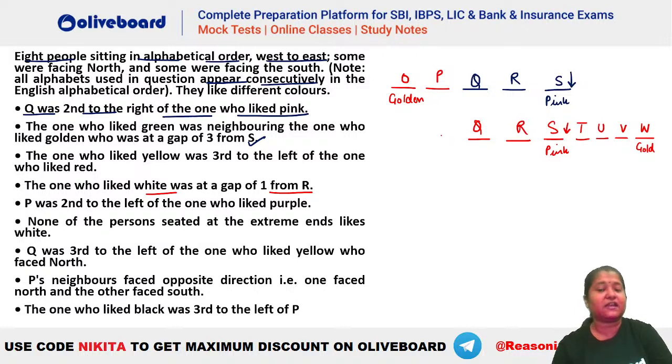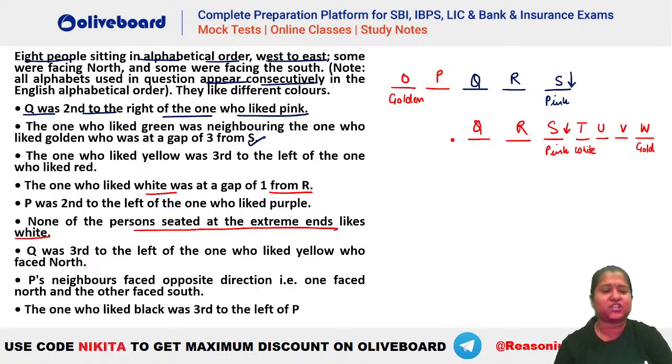But it is also given that none of the people who are seated at the extreme ends like white. मतलब यहाँ पर आप P बना के उसको white नहीं कर सकते because else he will be at the extreme left end, which is not possible. So you can see that white has to be here, right? In the second case, your white will be this person. और इस case में भी देखो, either your R can like white or we can have O के left में आपका हो सकता है, ठीक है, चेक करेंगे।